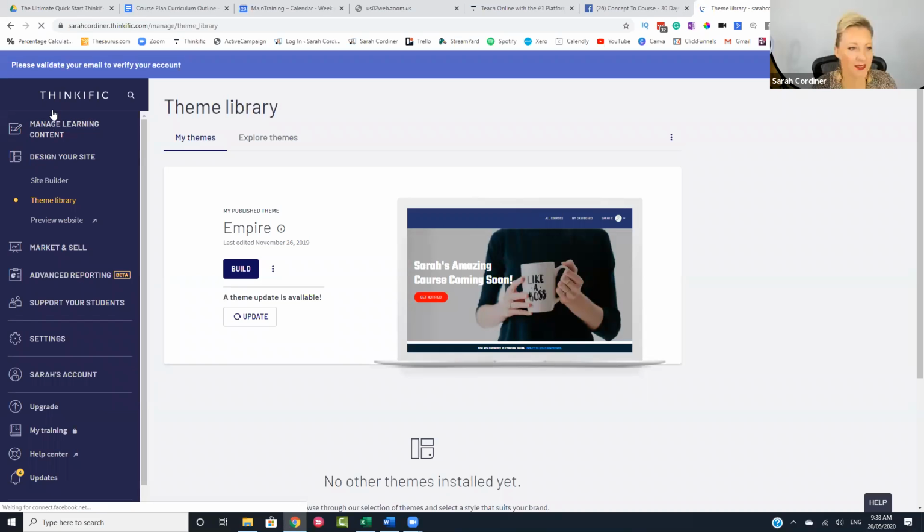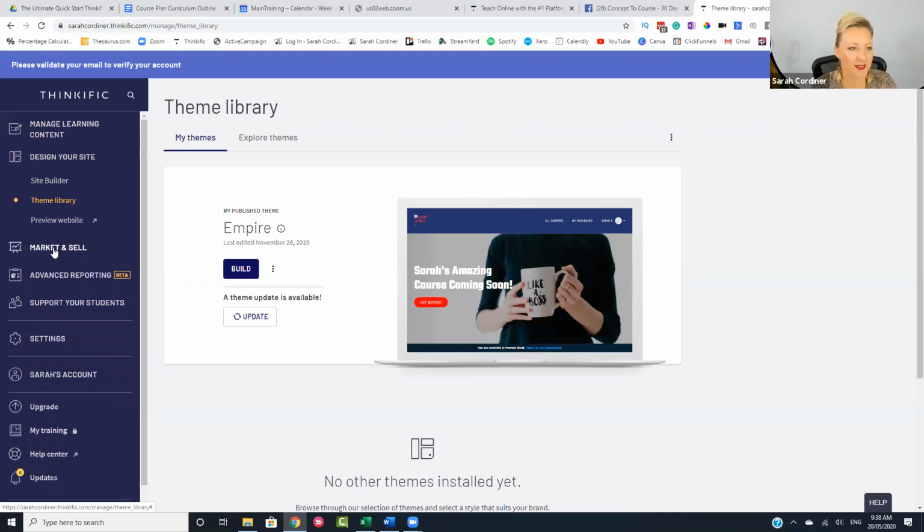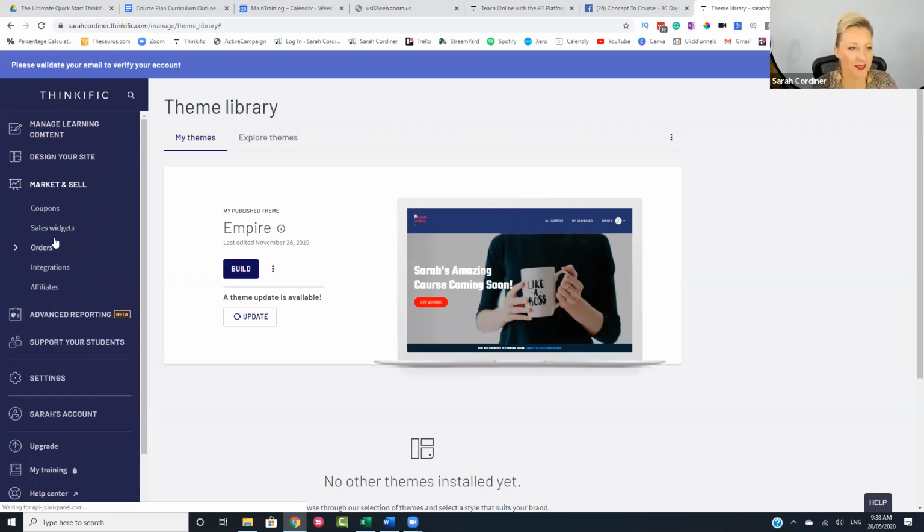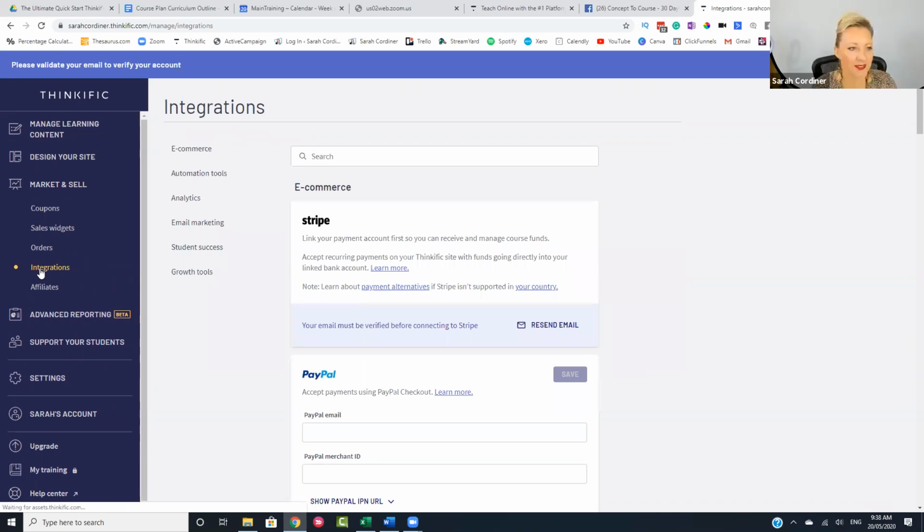Okay, so what we're going to do is click on Manage Learning Content. In fact, actually, cancel that. I'm going to go into integrations next. So we're going to go into the section called Market and Sell, and then go to integrations, because again, this is something we set up once and then it's done for good. Now, because this is a pretend account, I actually can't connect my payment gateways to this because